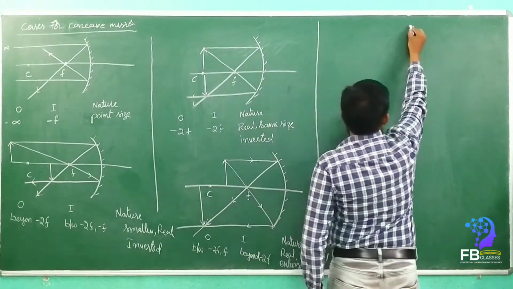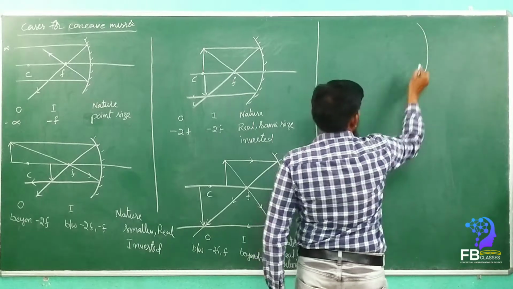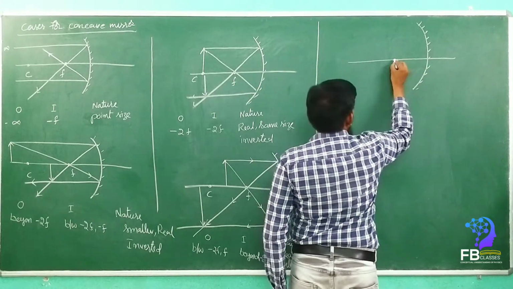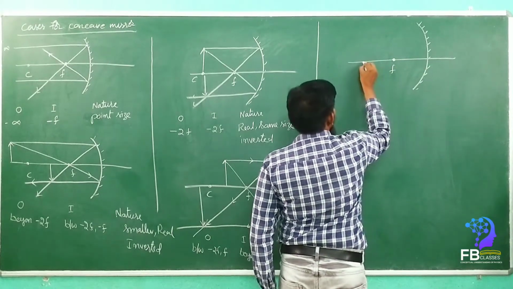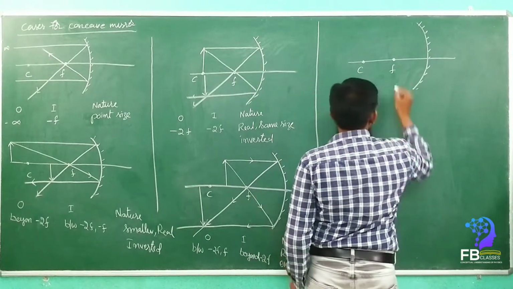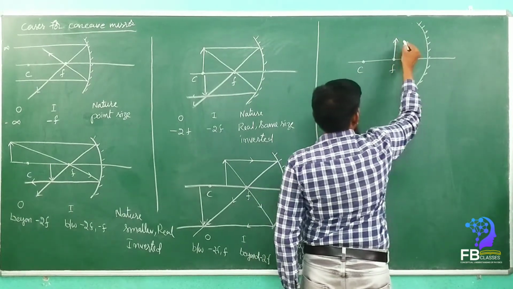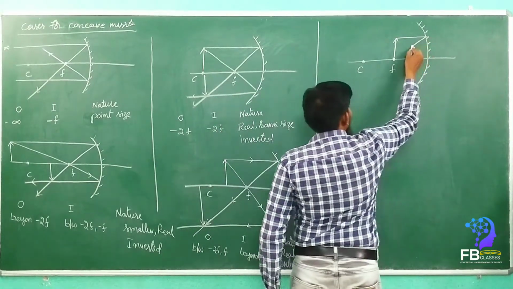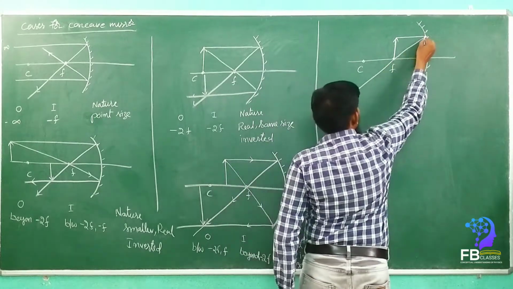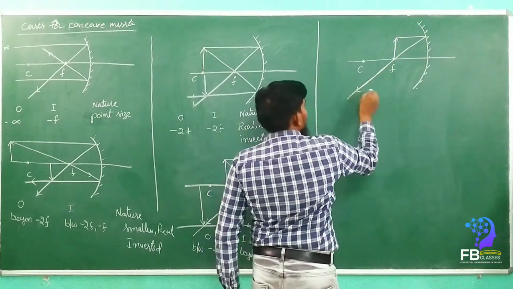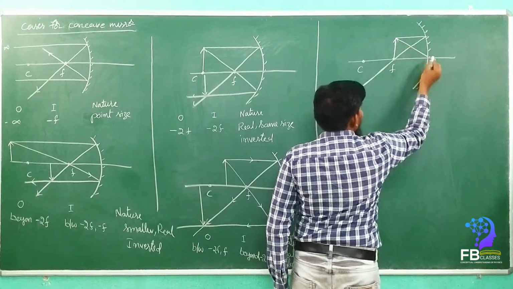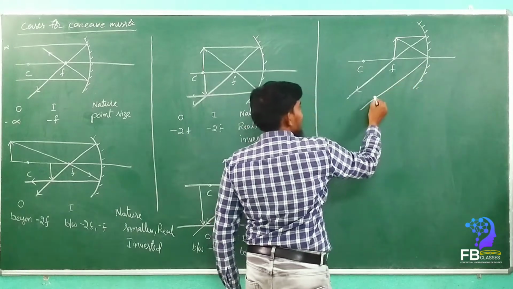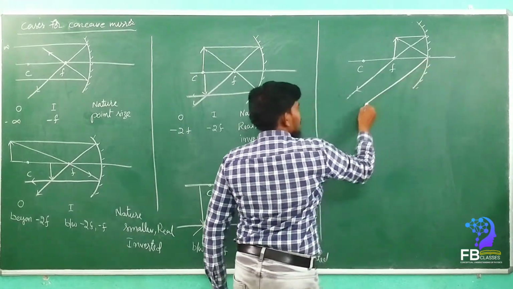So in the same manner, see here, if you take this concave mirror, now let it be considered this is the principal focus, this is the center of curvature. Now the object is placed at the principal focus. So now what will happen? When the light rays travel parallel to the principal axis, it will be reflected back passing through the principal focus. Yes or no? Yes, sir. See here. Second ray, when the light rays travel through the pole, it will be reflected back with the same angle of incidence. Yes or no? Yes, sir. See here, it will travel like this.